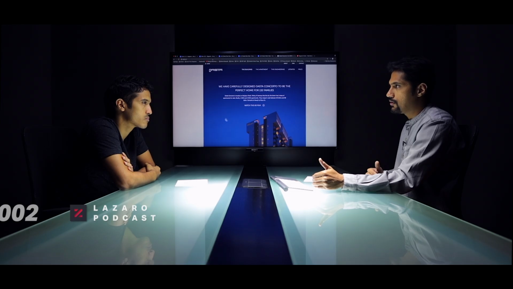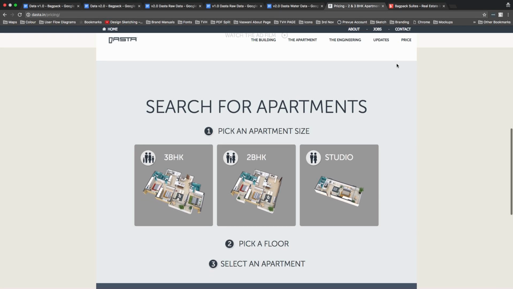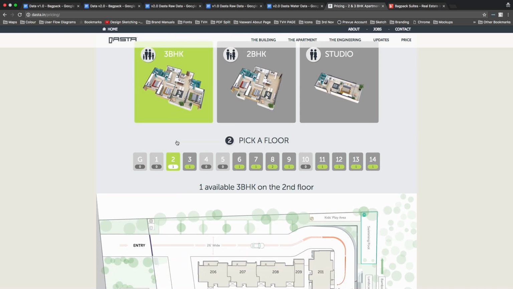I think a good example of that would be Dasta, where we took something that is a critical decision: which specific apartment is he going to buy, and how does he digest the complexity of the pricing model they usually run. When I say complexity, there's a lot of line items on that cost sheet. So we built an online tool where we took availability and charted it out into a set of simple steps, where you could click, okay, I want a 3-bedroom, that's your variant,